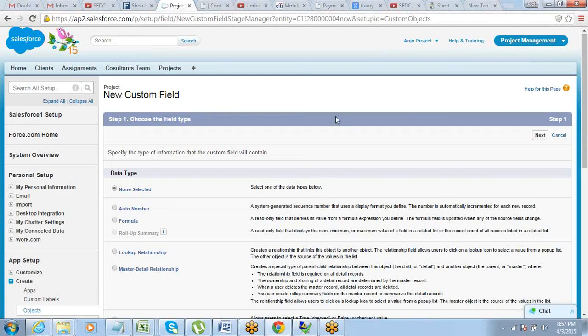Just share your screen. I shared my screen already. Wait. Still waiting to view the screen. I have started sharing my screen. Is it okay now?